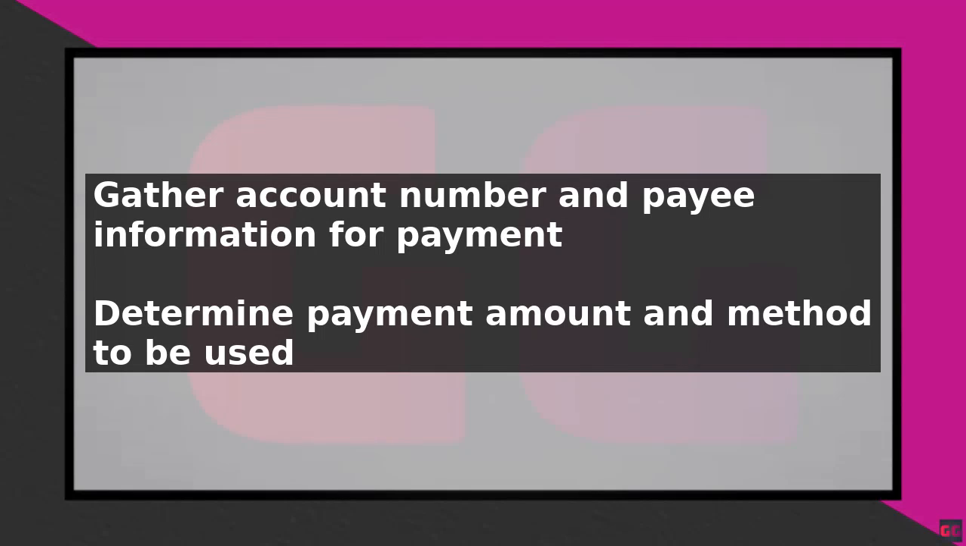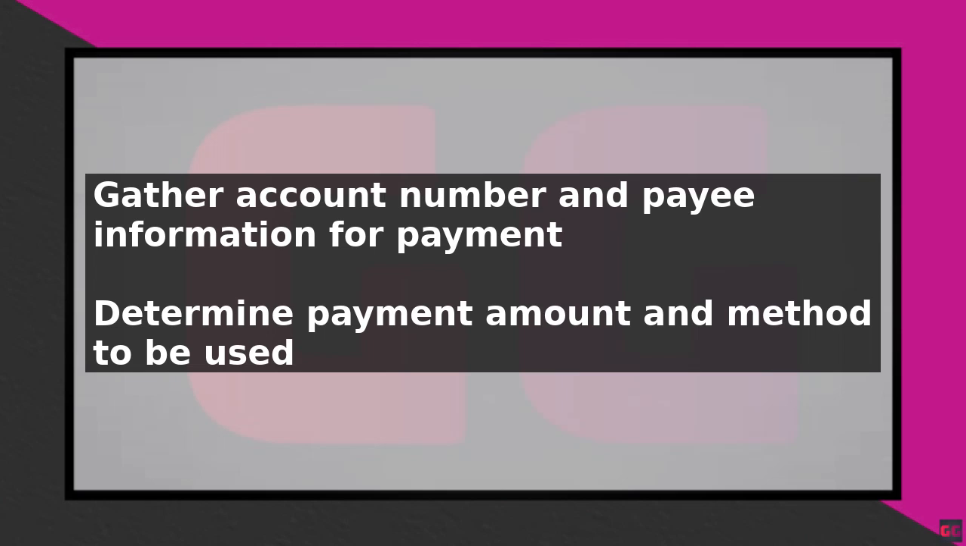To make a payment with Fifth Third Bank, start by gathering the necessary information and materials. You will need your account number, the payee's name and account number, and the payment amount. First, decide on the payment method you want to use, such as online banking, mobile banking, phone banking, or in-person